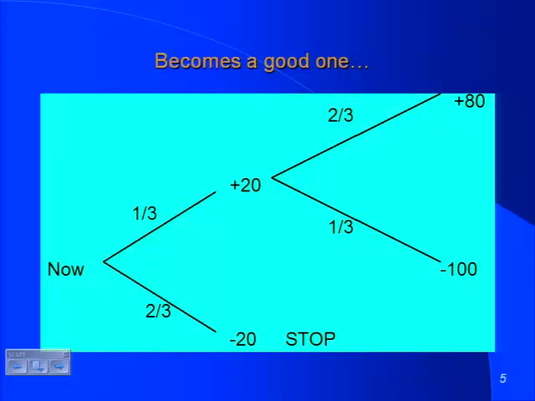There are two key ingredients behind the real options argument. The first is learning. You're learning from what's going on. The second is you adapt your behavior based on what you're learning. Do you see where the adaptive behavior is here? You observe what happens in the first branch. If it's a success, you follow up by investing more. If it's a failure, you stop. Learning and adaptive behavior. That is at the core of the real options argument.